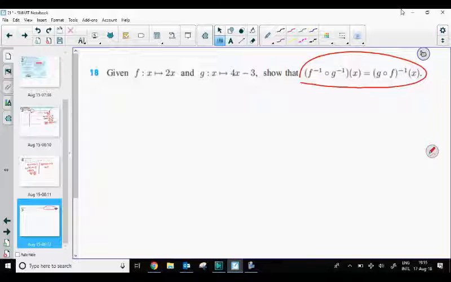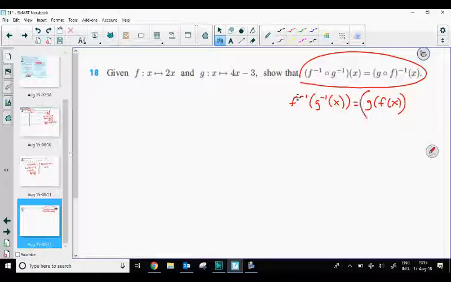Okay, so this is a fun one. We're given a particular f and g, and we want to show that f inverse of g inverse of x is equal to (g of f) all inverse. Now that's quite a mouthful, but it's doable. First thing I would do is work out what f inverse and g inverse were, and using the same process as in the previous examples, we can see that f inverse is equal to x over 2, and g inverse is equal to (x plus 3)